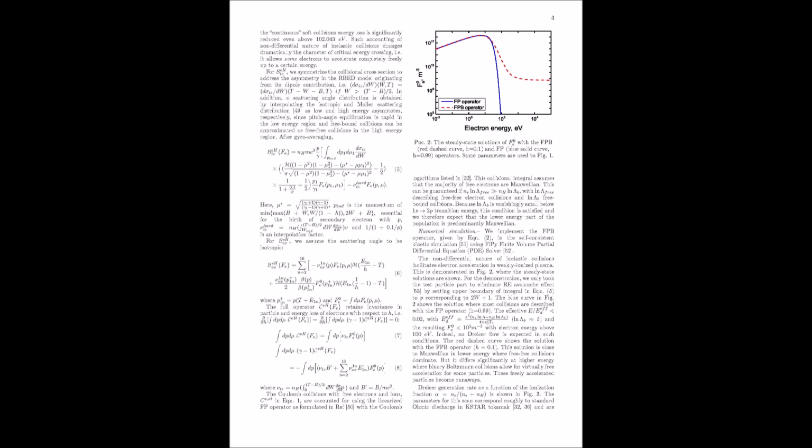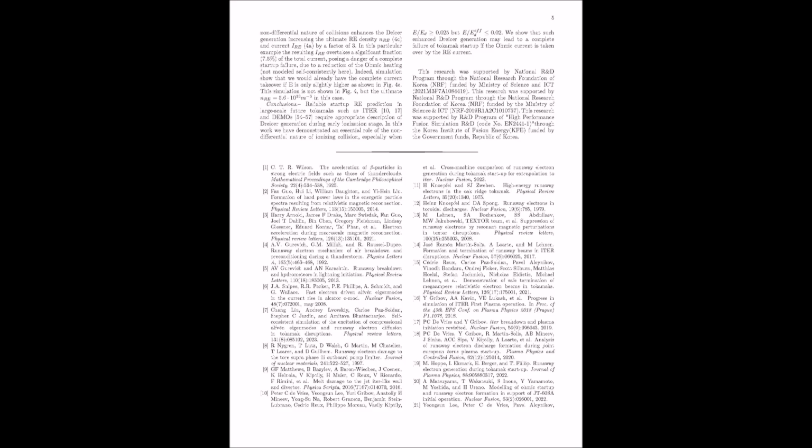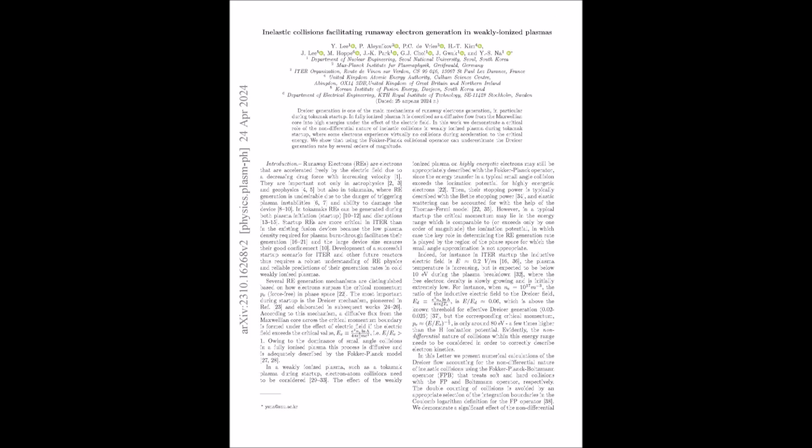Equation 3 describes the slowing down frequency for those soft free-bound collisions between electrons and hydrogen atoms. Can you explain what slowing down frequency means? Imagine an electron is moving through a plasma and it encounters other particles. It loses energy through collisions, right? The slowing down frequency essentially measures how quickly that electron loses energy on average due to those collisions. So a higher slowing down frequency means the electron's losing energy more rapidly. That's right. Now, in this specific case,